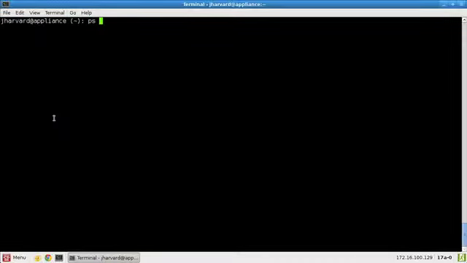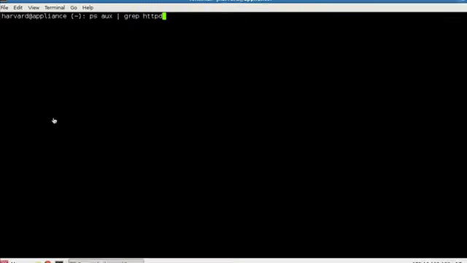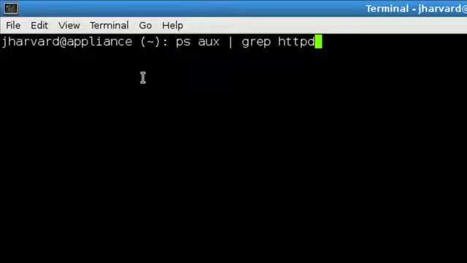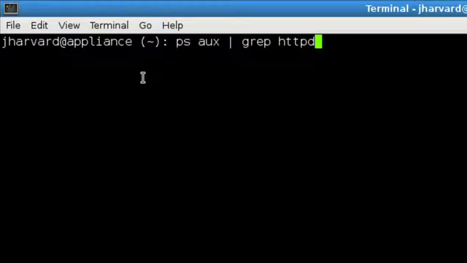So the idea here is that when you are running Apache in the appliance, which I'm currently doing, as is anyone else running this version of it, I'm going to run a command that we haven't run before, just to poke around: ps aux, and then grep httpd. So this is a fairly cryptic sequence of symbols that simply gives me a process list, ps, with a bunch of flags, which means show me everything.